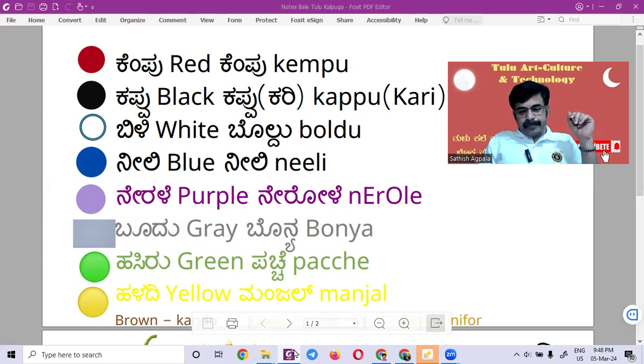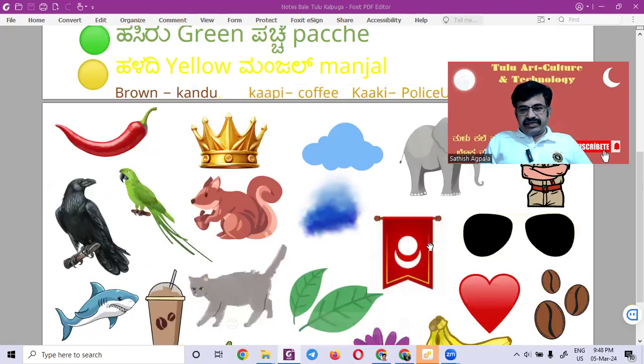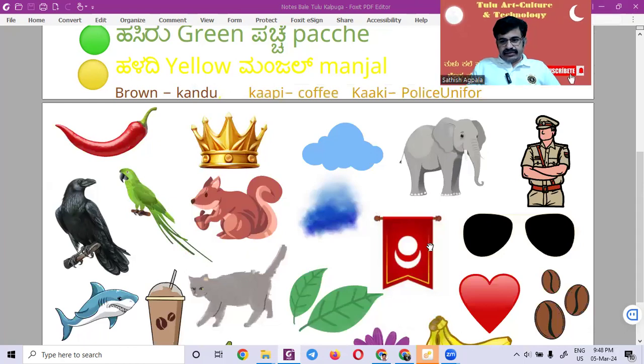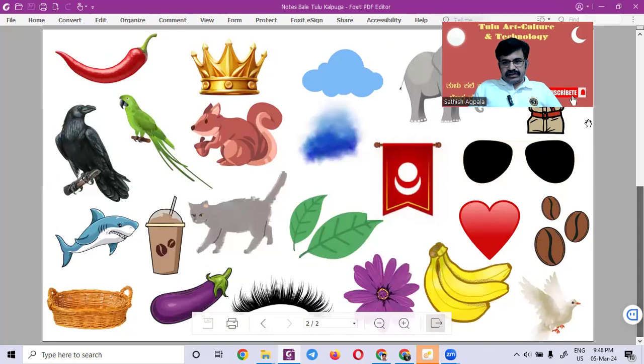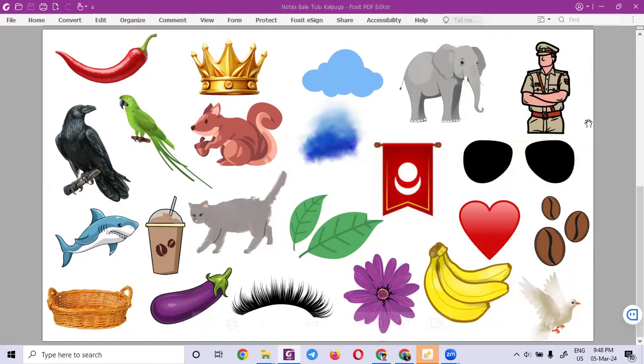Coffee. And khaki color. Okay. Now the test. Next. Just try to identify these colors. Okay. I will drag my photos here.